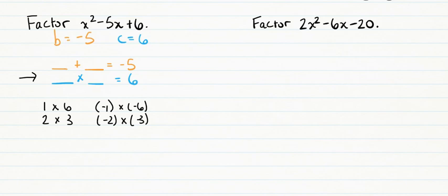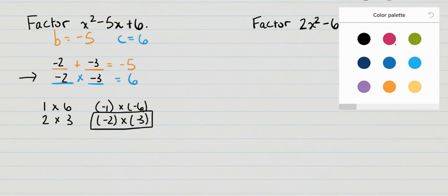I look at all of my options and I look at which one option will also work for the addition statement. And I see that negative 2 plus negative 3 will equal negative 5. So if I put negative 2 and negative 3 in that first statement, it works. And if I put negative 2 and negative 3 in that second statement, it works. So when we list the factored form here,